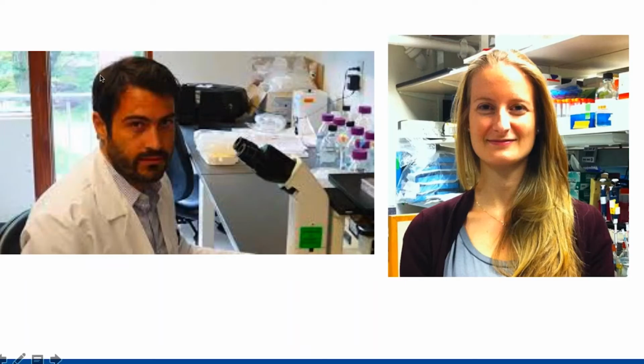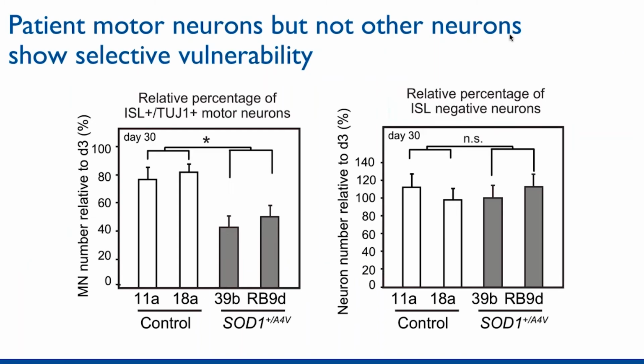And with those cells in hand, a postdoc, Evangelos Kaskinis, who's now an investigator at Northwestern University with his own group there, and Gabriella Bolting, a graduate student, set out to see whether or not, in the context of patients with SOD1 mutations, they could detect some of the same sorts of cell autonomous changes in behavior that Paulo had originally seen in mouse motor neurons made from established mouse models.